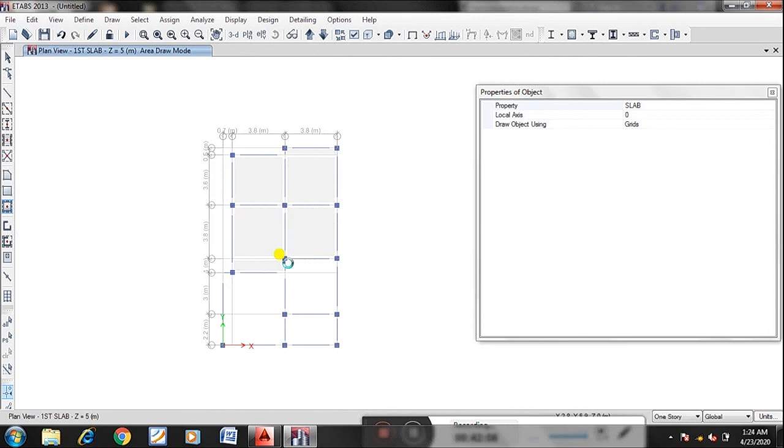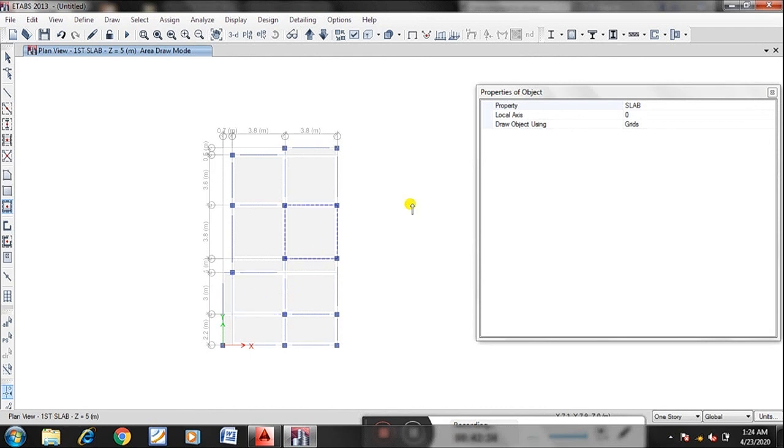Anywhere if you want, you can have the slabs. Even the staircase is treated as slab. You take it as it is. In this first video, I will not be concentrating much on the actual parameters. I am only introducing you to the software. That's why I am taking it this way. I am not concentrating much on the actual parameters, right?